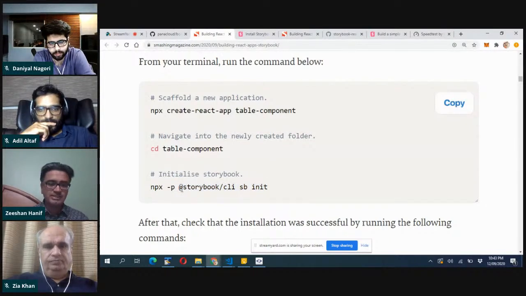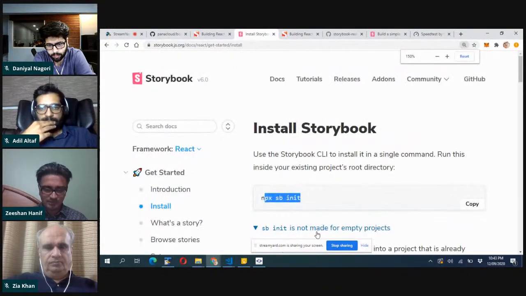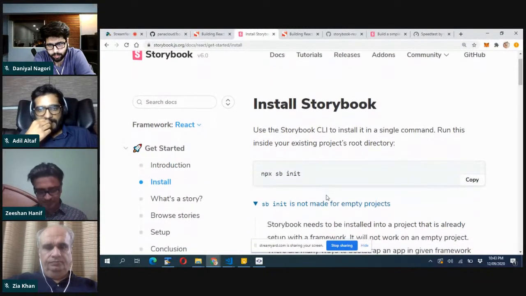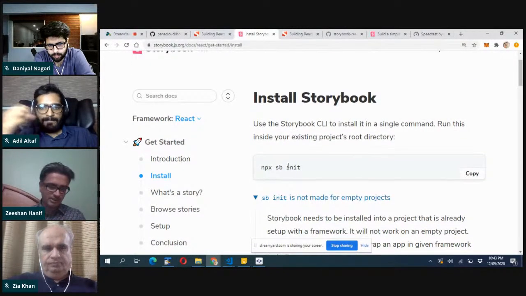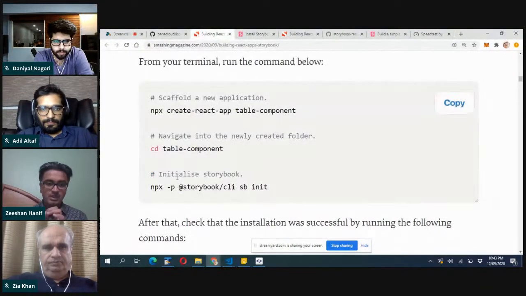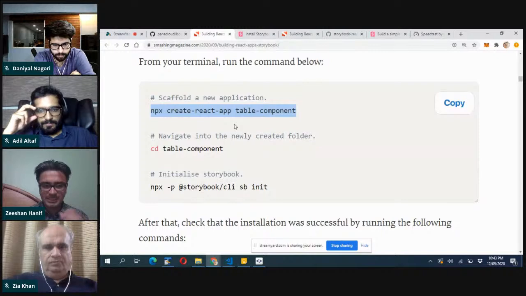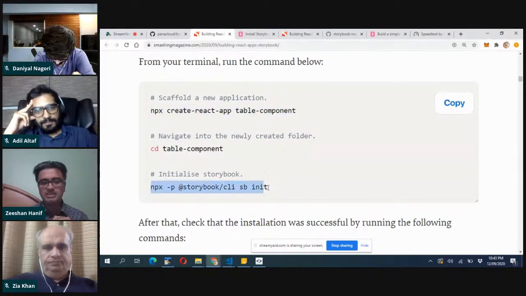So basically, Storybook CLI needs to be installed globally, and then whenever you want to install it, you will call npx sb init. What it does is it will add a Storybook feature inside your React application. npx sb init will add a Storybook feature into your application. So first, we need to have this. Now, once you create a React application and then install this, it will install Storybook